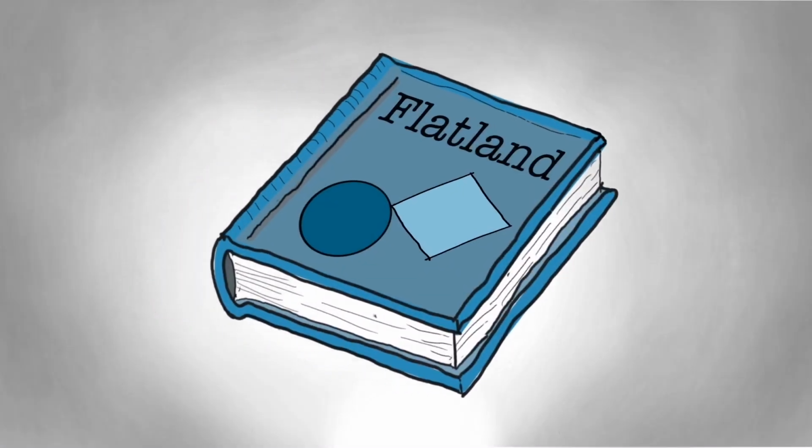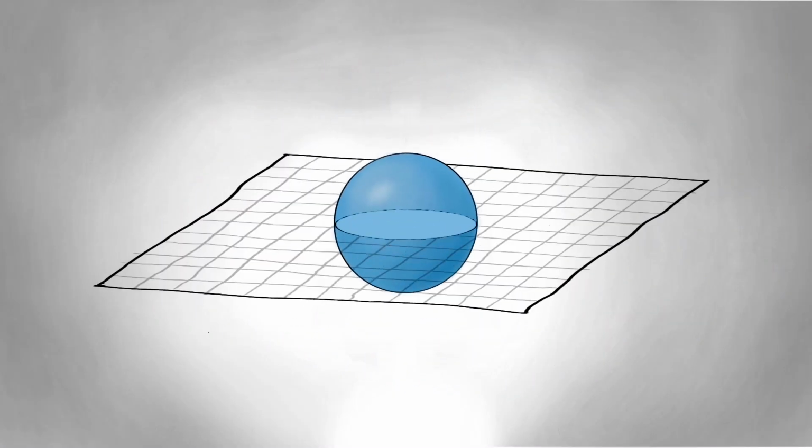Imagine for a second you are a 2-dimensional being. What would the world look like from your perspective? You couldn't look up or down since these directions wouldn't exist, and everything you could see would be confined to a 1-dimensional line segment. This topic is covered in the book Flatland, which describes a sphere passing through a 2D